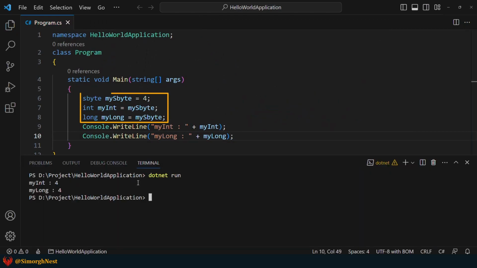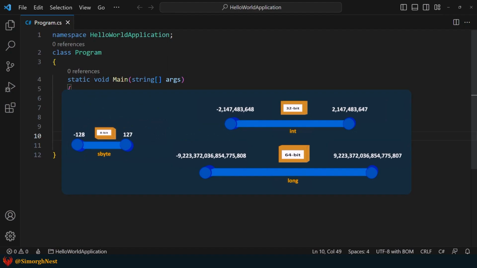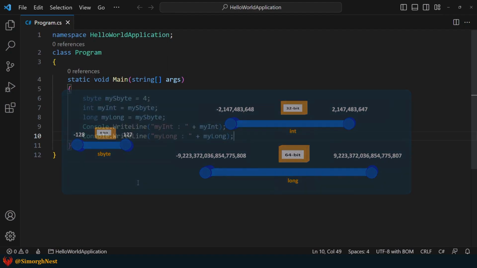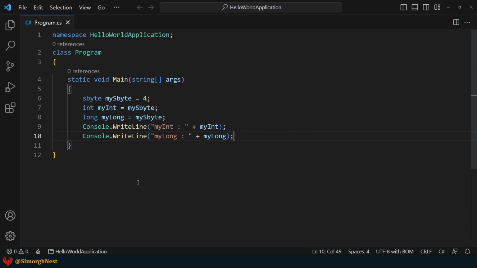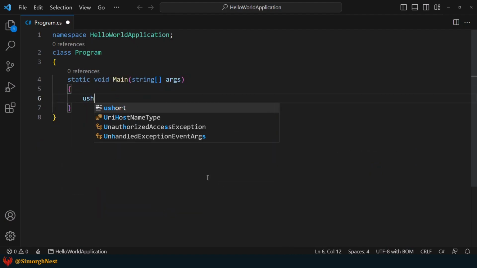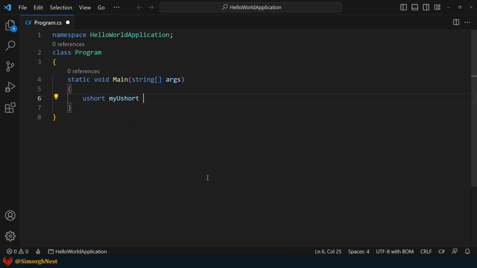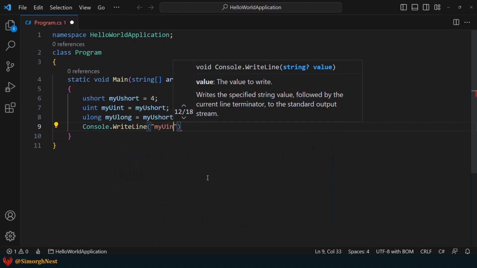As you can see, in this example, the implicit casting occurs automatically because sbyte is smaller than int and long types. And this is the same for unsigned numbers as well. For example, let's say ushort myUshort equals 4 and uint myUint equals myUshort, and finally ulong myUlong equals myUshort. Now let's display them in the terminal.